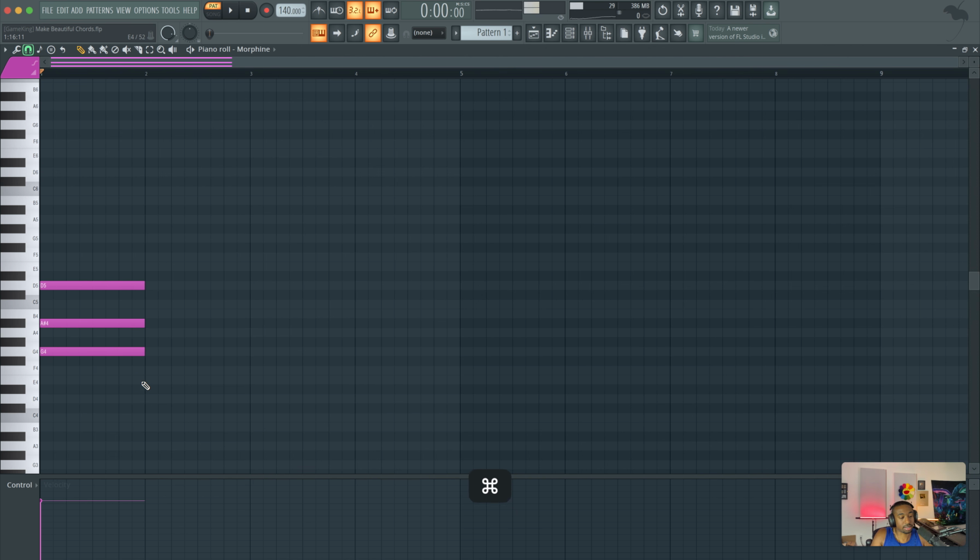Let me show you some more magic here. Let's say you want to make a lush chord. So here's where we get into the extended chords, they're called. The chord code for a minor ninth chord is 0, 3, 7, 10, 14. But I'll show you the secret of not needing to memorize all those numbers. So let's map that out. 0 is our root note. We're going to count up 3: 1, 2, 3, 4, 5, 6, 7, 8, 9, 10, 11, 12, 13, 14. Add all these notes together. You get a minor ninth chord all of the time, no matter where you are on the keyboard.